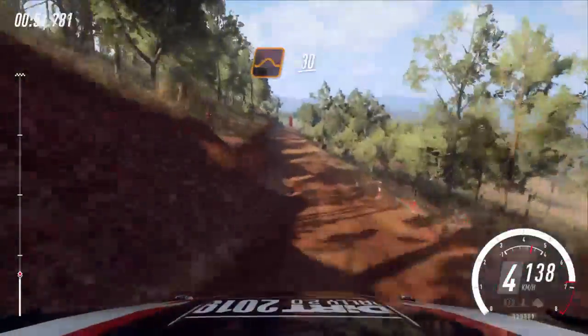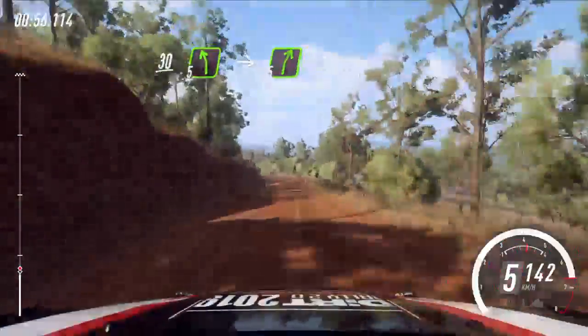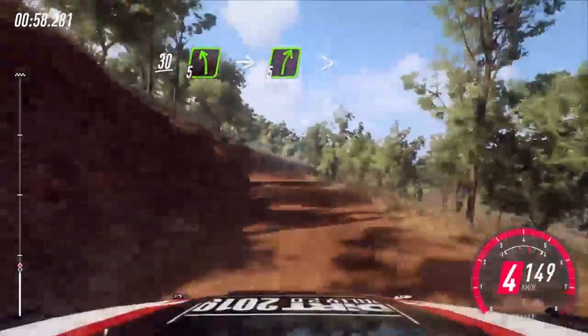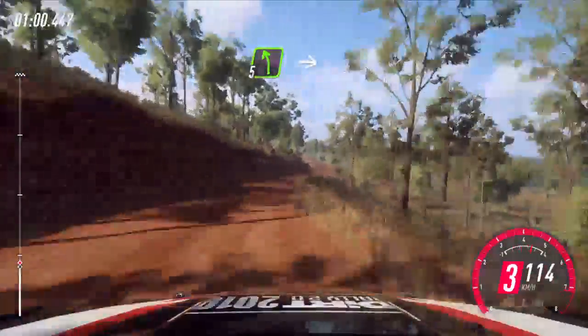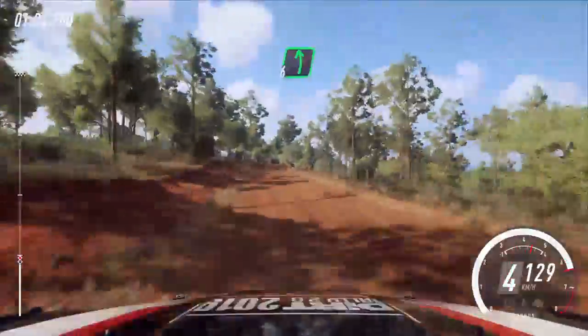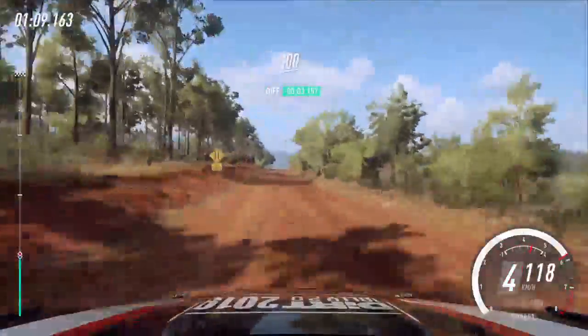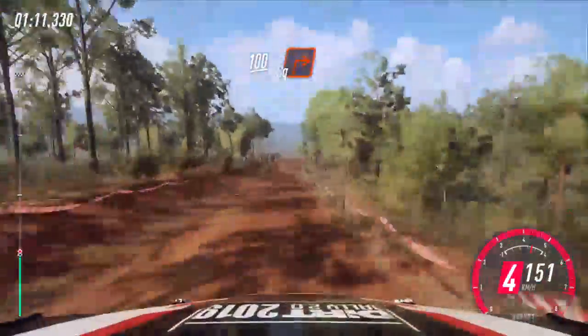bumps to long crest, 30, 5 left, into 5 right long tightens, into 5 left over crest, into 5 right, flat left, 60, flat of a jump maybe, 100, turn, square right, tarmac,